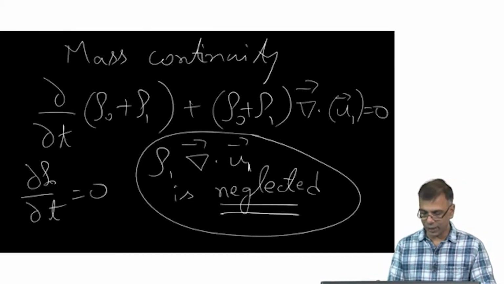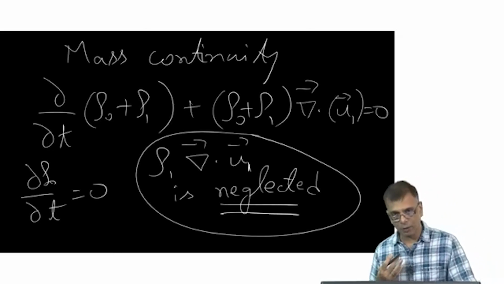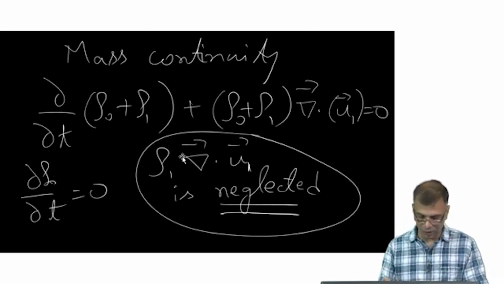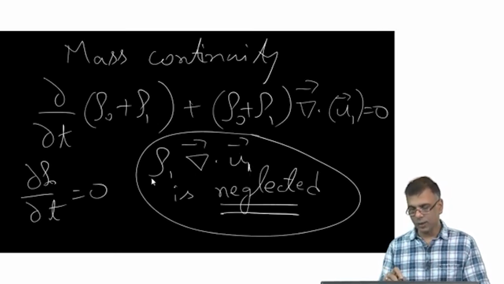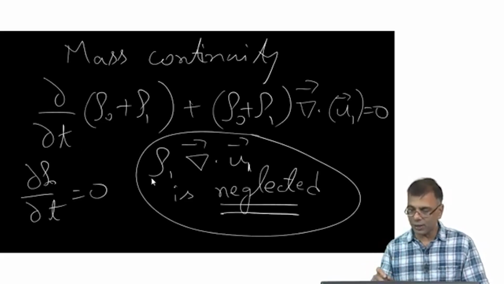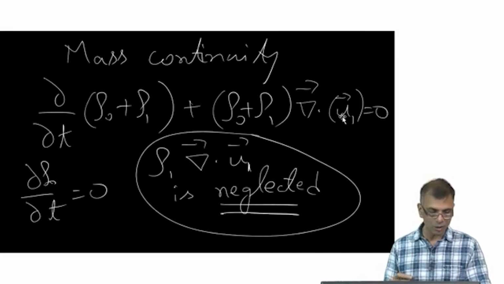And so this process of neglecting products of small quantities is called the process of linearization. In principle, if you were able to relate u1 to rho 1, this would become a nonlinear combination, but we neglect that. So you only have a linear combination, rho naught and u1. Rho naught is a background quantity, so this is linear in u1. This is essentially the process of linearization, and as a consequence, what we have is the linearized version of the mass and momentum conservation equations.